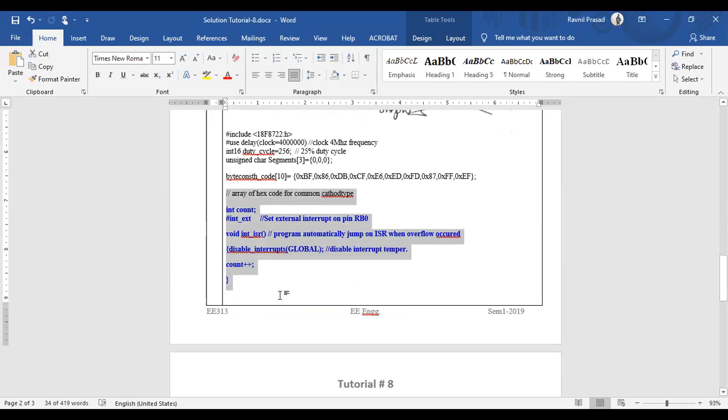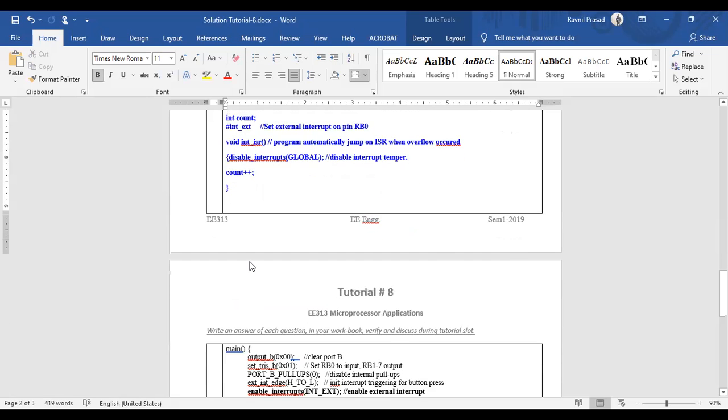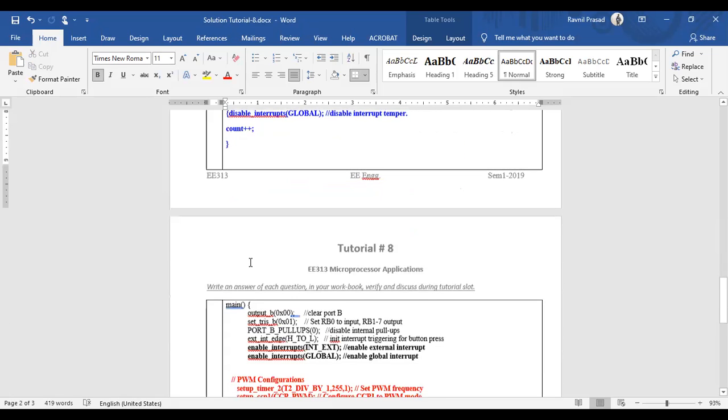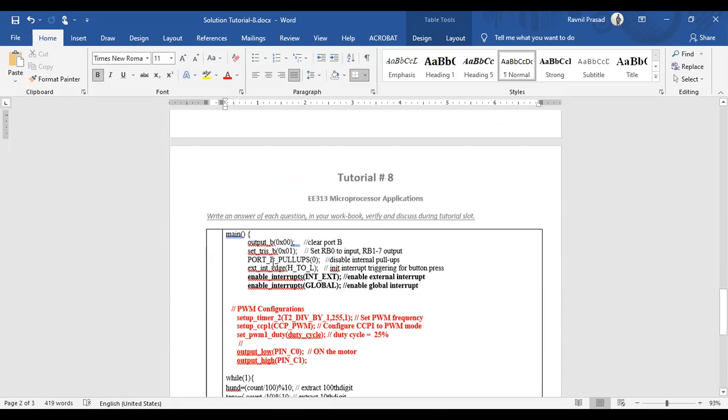Usually, we can write the external interrupt function after the program as well, but in that particular case, you'll need to write the function definition first, right? So let's avoid this at the moment. We'll go to the bottom and then we'll come back over here, right? So when we start with the main program,